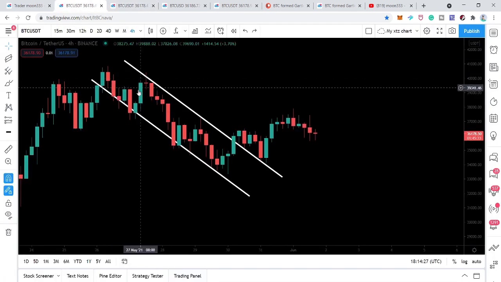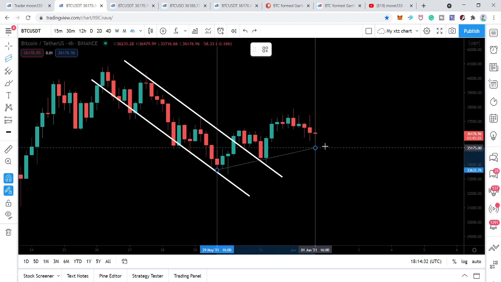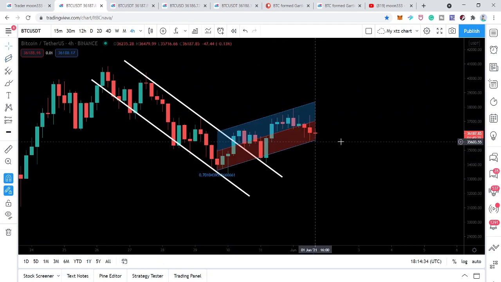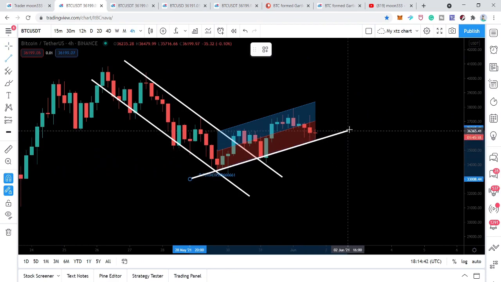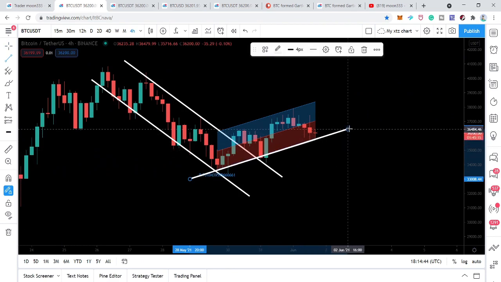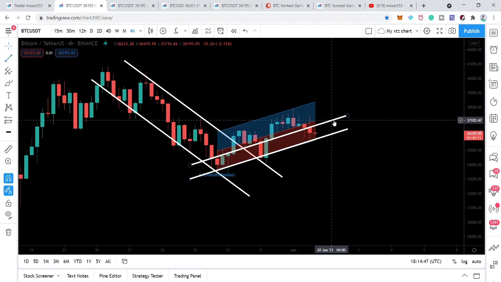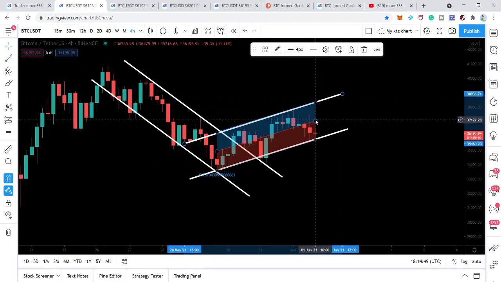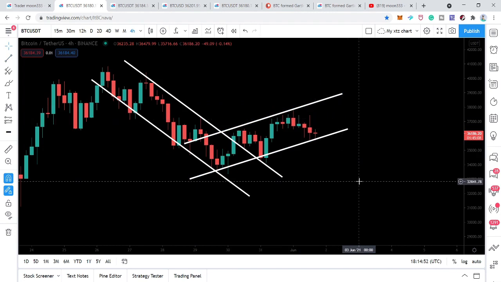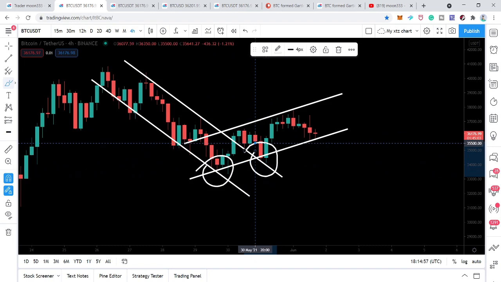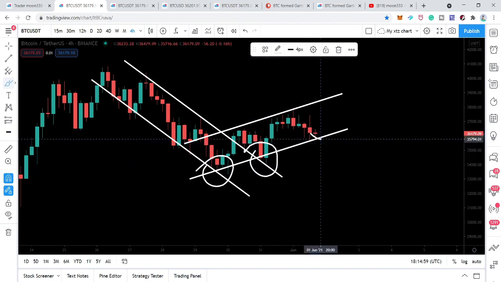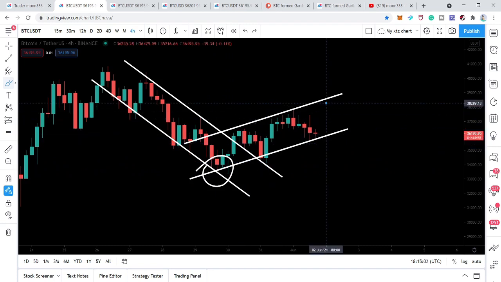Before this, I want to show you another move that the Bitcoin may start now. If I place this regression tool here, then we can see that the Bitcoin is likely to start another channel, and this time it will be an up channel, and this is the support of this channel, and this is the resistance. However, so far this support is not confirmed because we have a bounce here, another bounce here. Now if the price action will bounce from this support again, then this channel will be confirmed.